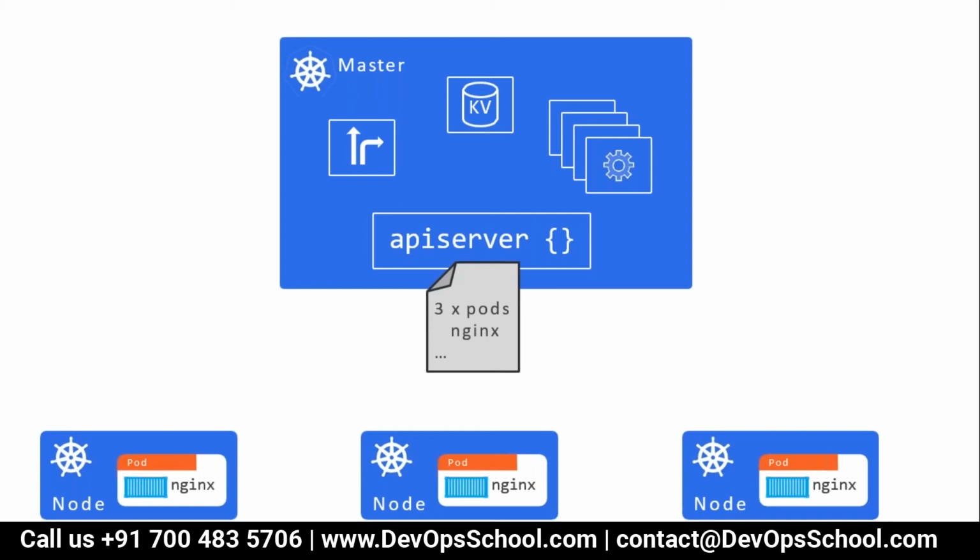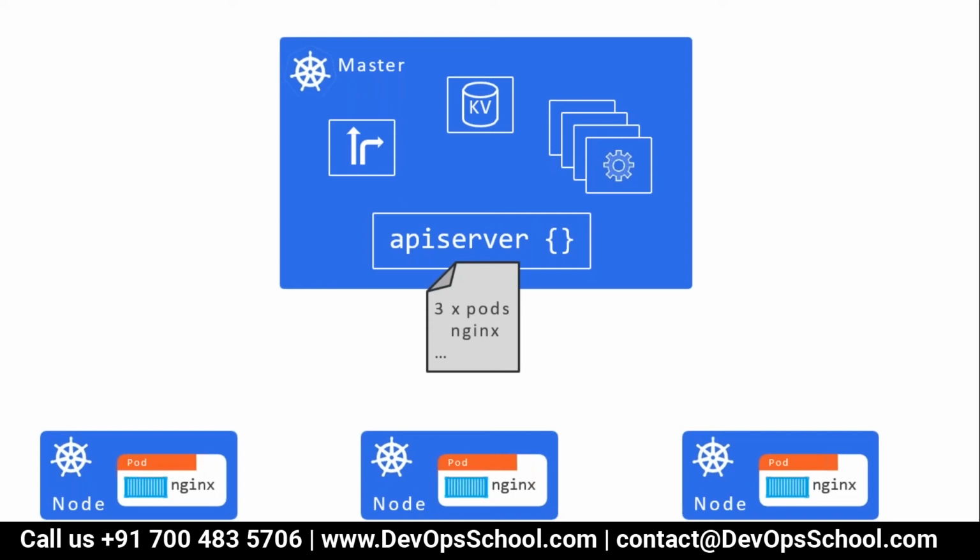Okay, if I sum up, this master component is managing the entire cluster. The cluster may have hundreds of machines, and many components talk to the master. Many components means hundreds of nodes talk to the master, and we are also talking to the master.